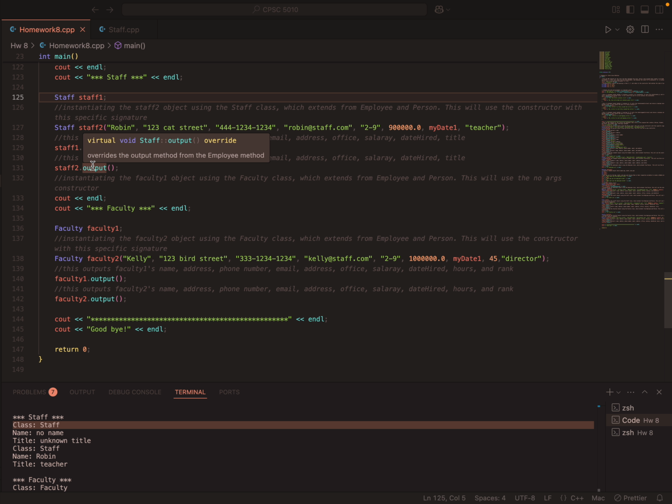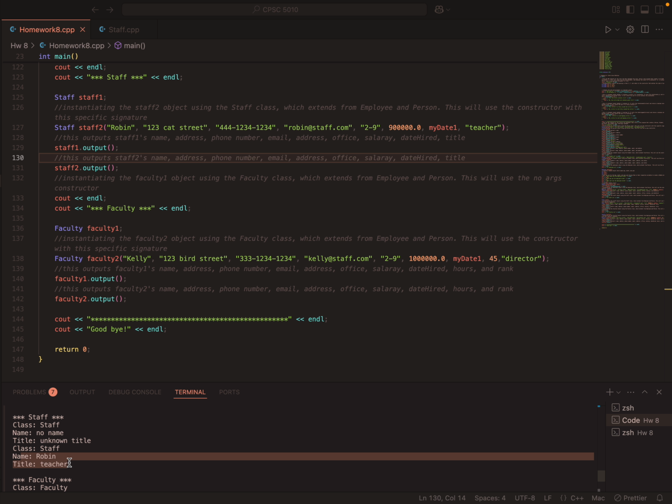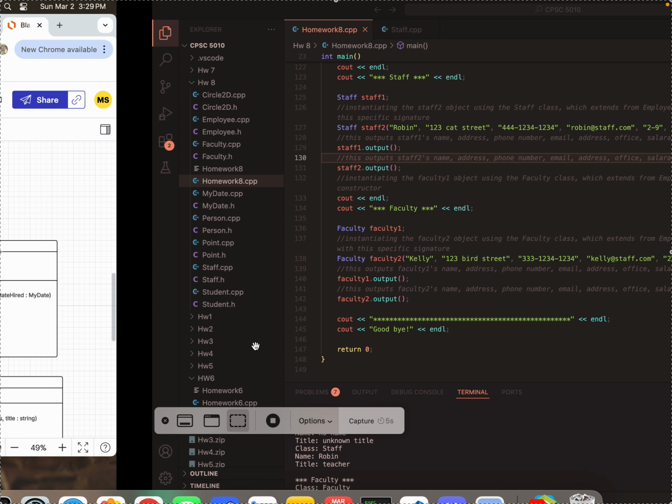But then here for staff 2, we have Robin and 123 Cat Street and everything else, and its title will be teacher. When we print it, we'll find that it's using the class staff, name Robin, and title is teacher, and that is it. Oh, let me first